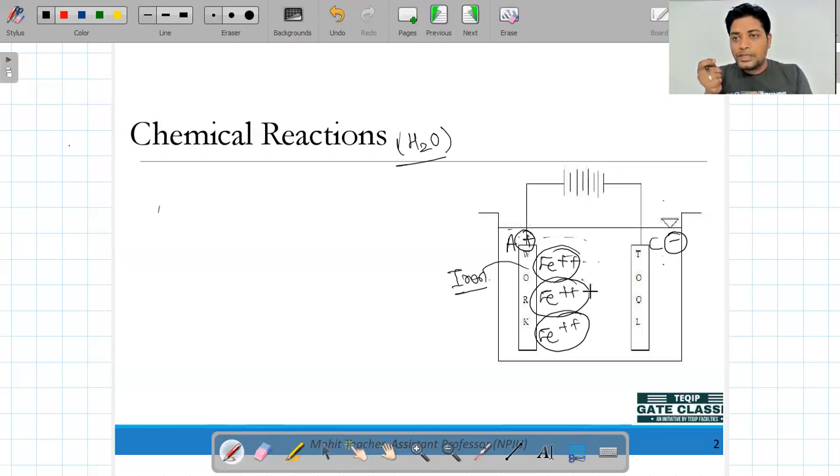Why? Because if the material starts depleting from the tool surface itself, then how will we make a number of products with a single tool? Otherwise it will be a wastage of money. If for a single workpiece we need a single tool, that is a wastage of money, then why are we choosing these unconventional machining operations? The tool is required to produce thousands of workpieces. That's why there will be no release of negative ions from the cathode part. Please keep this in mind. Now, what is actually happening at the anode?